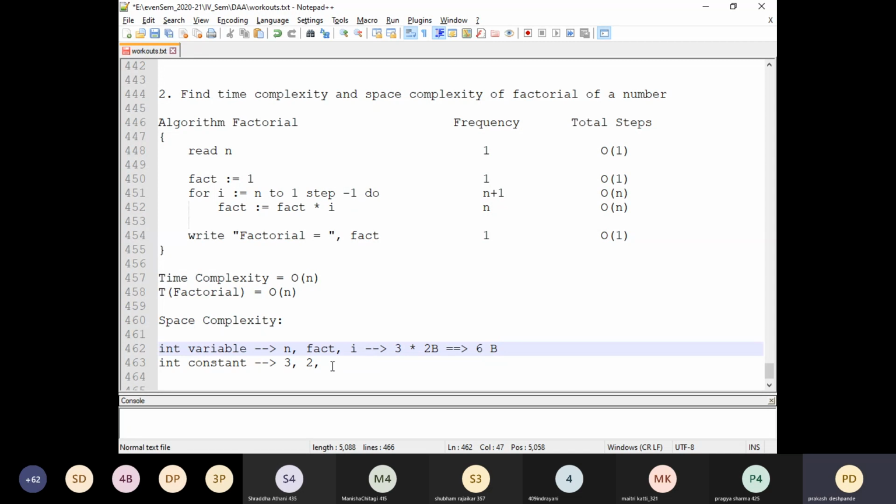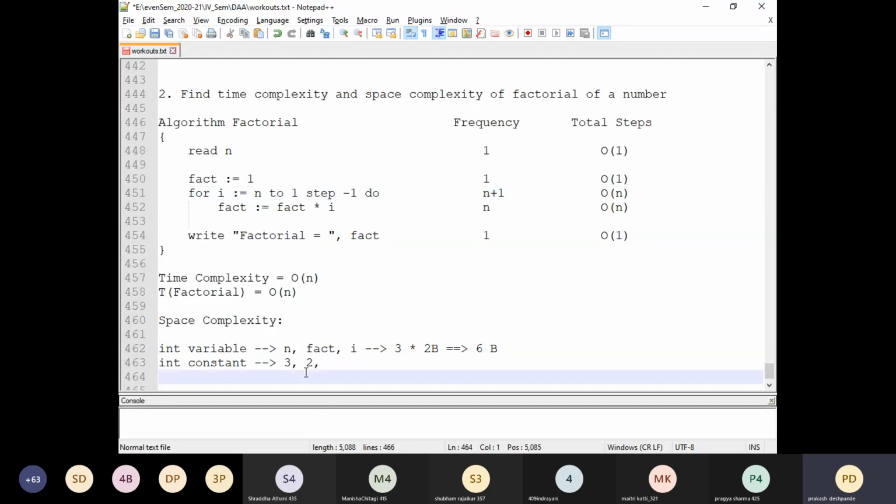That is straightforward. But what about the number of constants here? Okay, constants means you may find certain numbers, right? You can find one number in this statement, fact is equals to 1. There is one number over here. And also you can see 1 here. And you can also see a -1. Right? Apart from that, are there any numbers used in this particular algorithm? Apart from these three, this one, and this -1. There are three numbers, right?